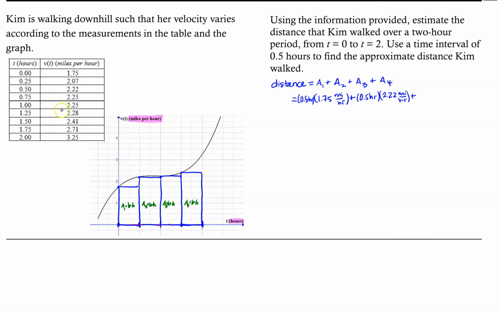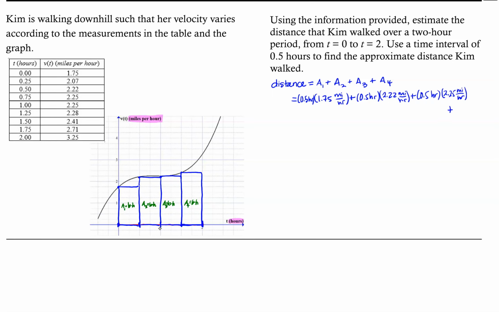The velocity at 1 hour is 2.25, and of course the base of our rectangle is still half an hour. So 0.5 hours times 2.25 miles per hour,